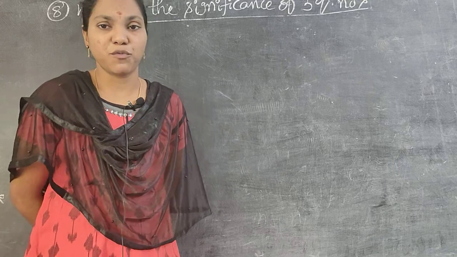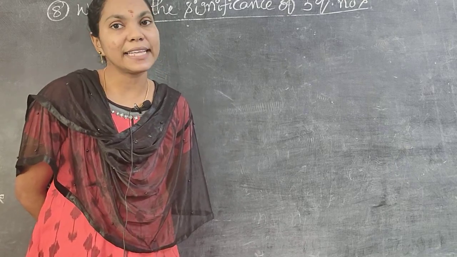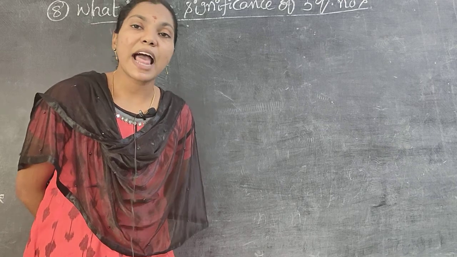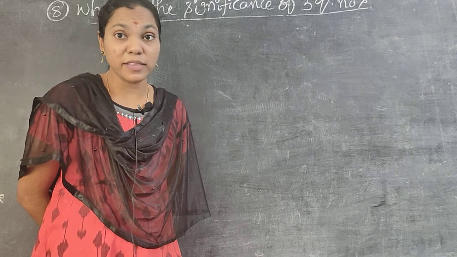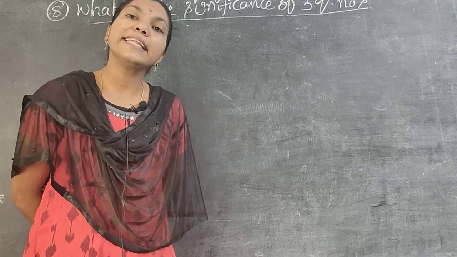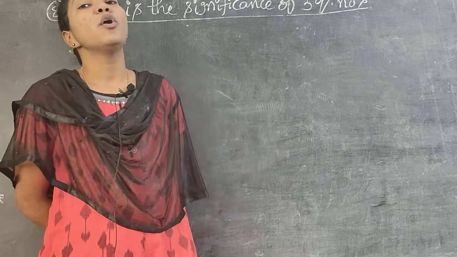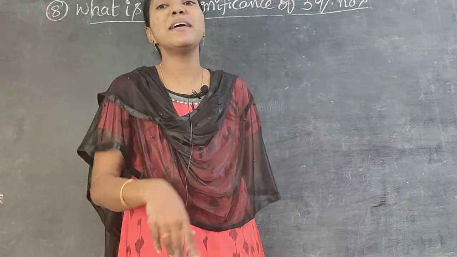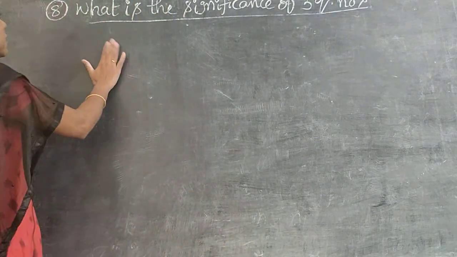There are 2 types of orientation. One is clockwise orientation, another one is anti-clockwise orientation. Clockwise orientation is indicated by an upward arrow. For anti-clockwise rotation, the symbol is a downward arrow. So like that you must write the 4 quantum numbers along with the explanation. That is the answer of this question.